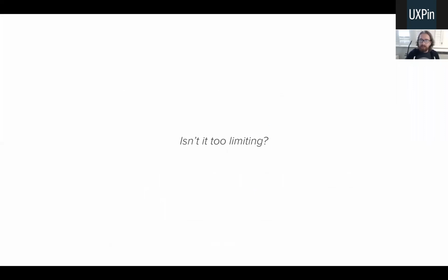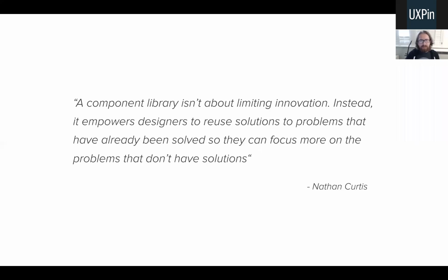And there's always the question: if you design that way, isn't that too limiting for our creative powers? Is that something that's putting limits on us as designers? The answer is no. It lets you save time to work on the parts of design that are non-standard, right? And there's always something that you can explore and make better. But this systemic way of designing gives you the power to reuse elements that are well documented and well tested, and then you're building consistent experiences for users. You're avoiding the chaos. You are in control of the roller coaster if you are always thinking about systems first. So with that in mind, let me show you really quick